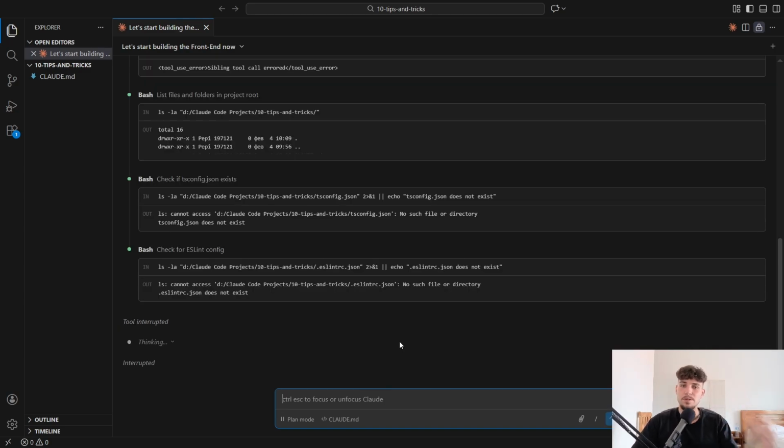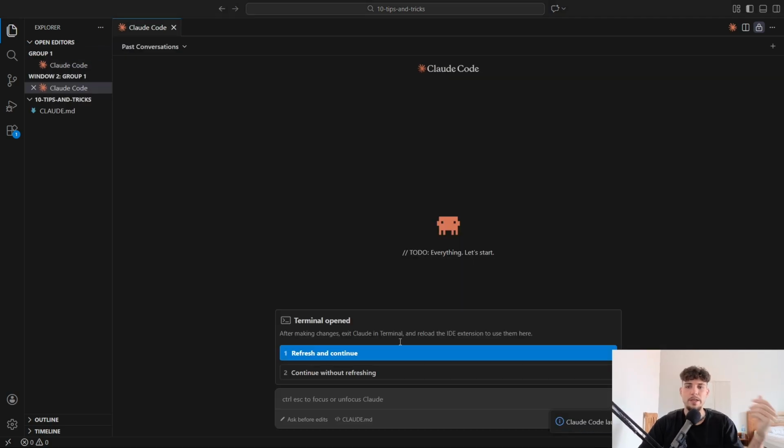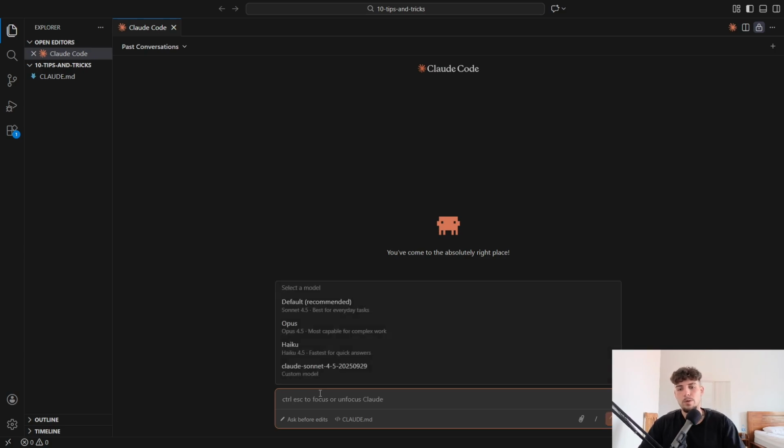Number 7, some useful /commands. So /clear will just clear the conversation. /agents will show us our agents. I'll show you how to build Claude Code agents in another video. And /model will give us the ability to switch the models, which leads us to tip number 8,